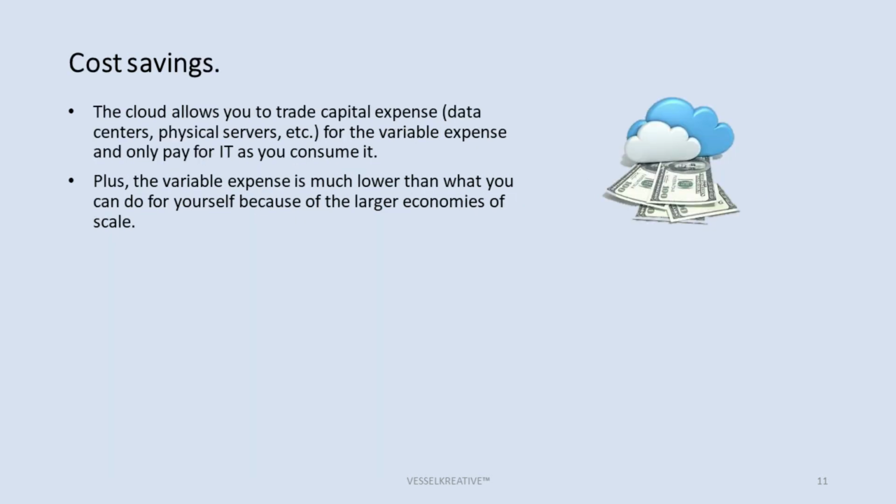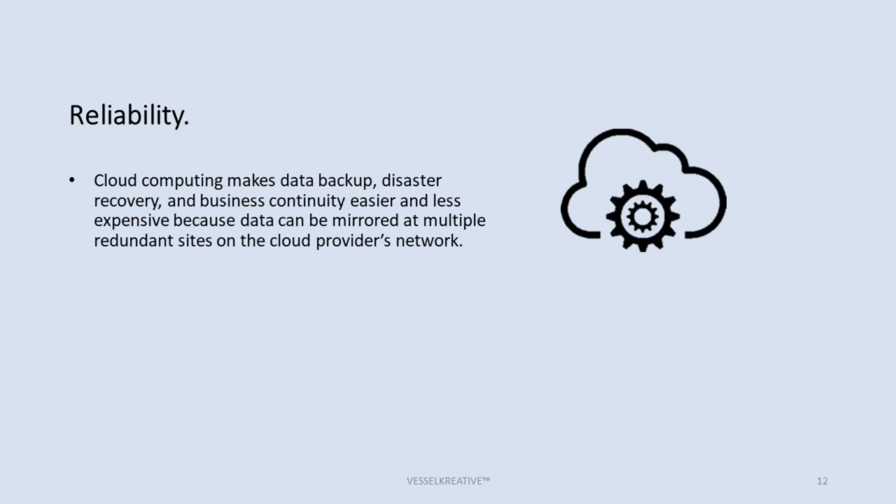Cost savings. The cloud allows you to trade capital expense, data centers, physical servers, etc., for variable expense and only pay for it as you consume it. Plus, the variable expense is much lower than what you can do for yourself because of the larger economies of scale. Reliability. Cloud computing makes data backup, disaster recovery, and business continuity easier and less expensive because data can be